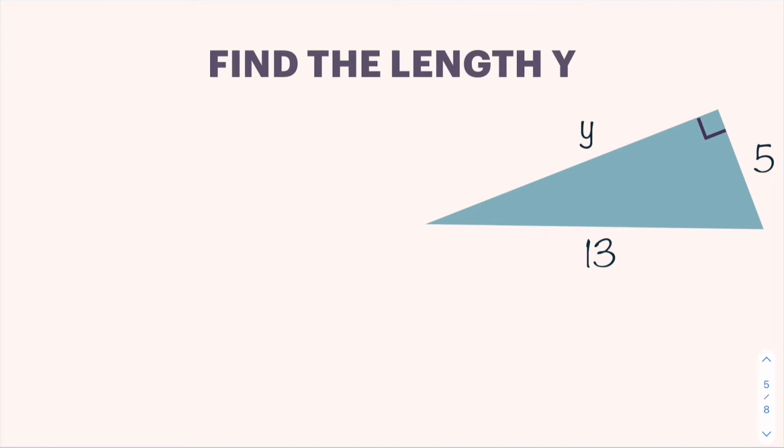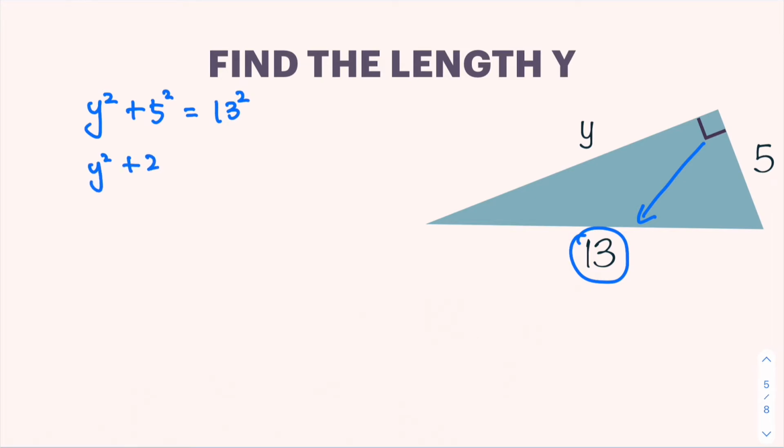Some may say that it is y, because that's where our longest side always has been. Our longest side is 13, because that is opposite our right angle. So this sets up our equation as the square of the two shorter sides, y squared plus 5 squared, is equal to 13 squared. Y squared plus 5 times 5, that is 25, equals